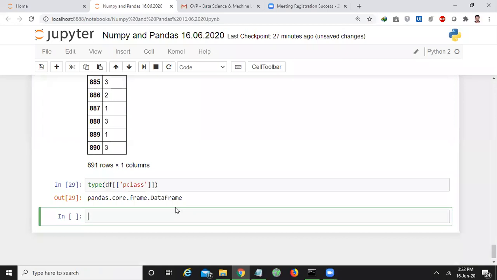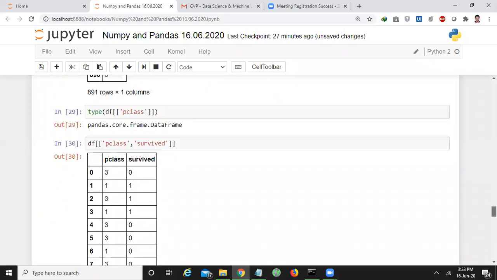For example, if you want to extract more columns, not a single column, I want to retrieve P class as well as survived, as it is a Titanic data set.